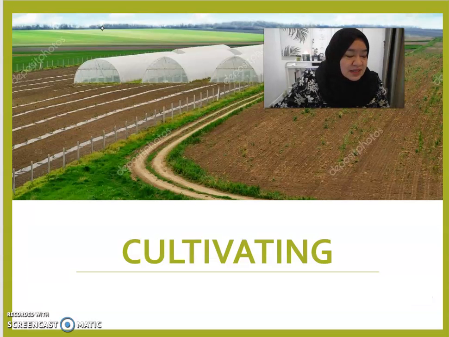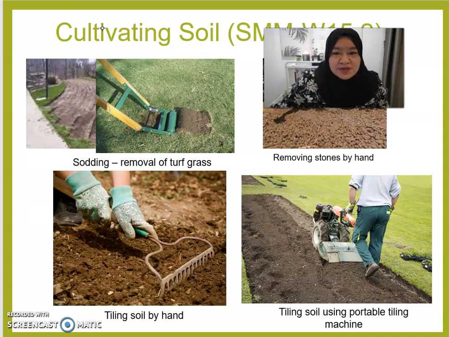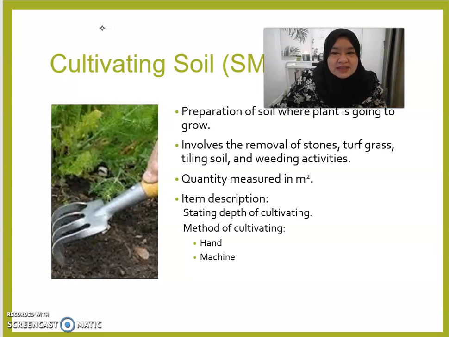Second one is cultivating. Cultivating also should be referred to section W.15.2. Cultivating involves work like removal of turf grass, removal of stones, tilling the soil by hand, and or using a portable tilling machine. So this is cultivating soil. It's mainly a preparation for a soil where the plant is going to grow, involving works that have been mentioned previously. And also, if you refer to section W15.2,